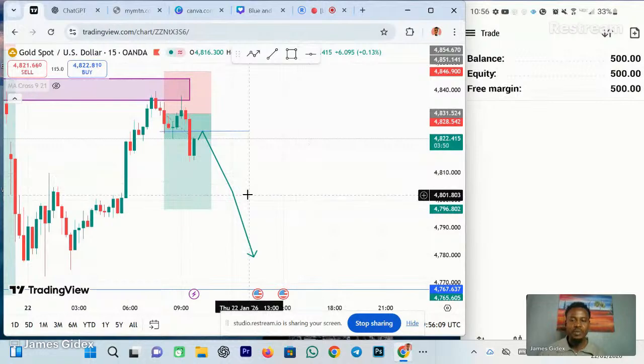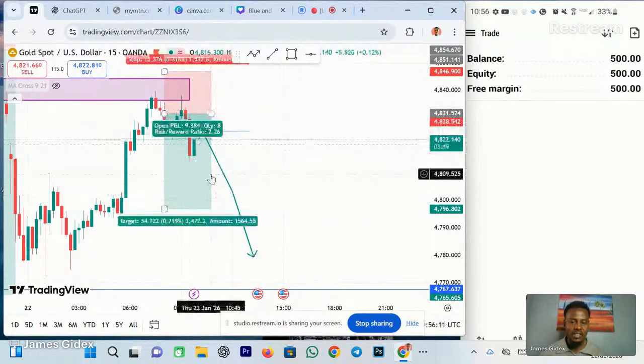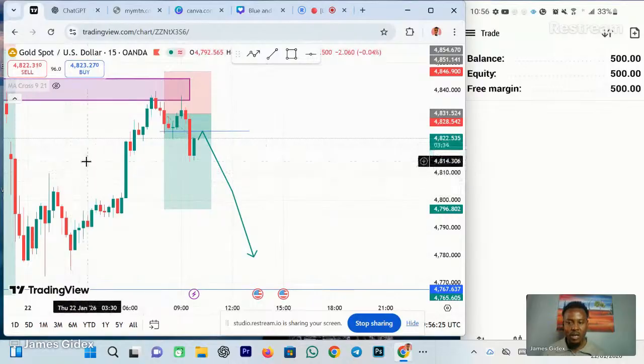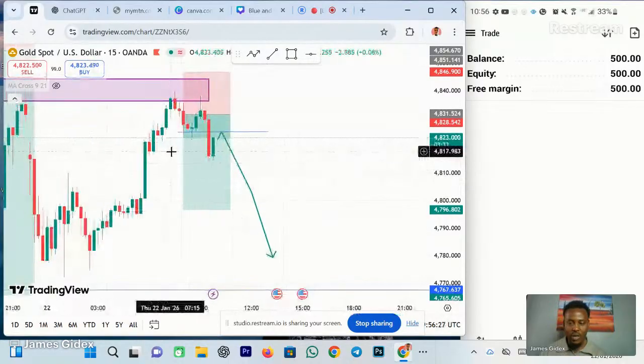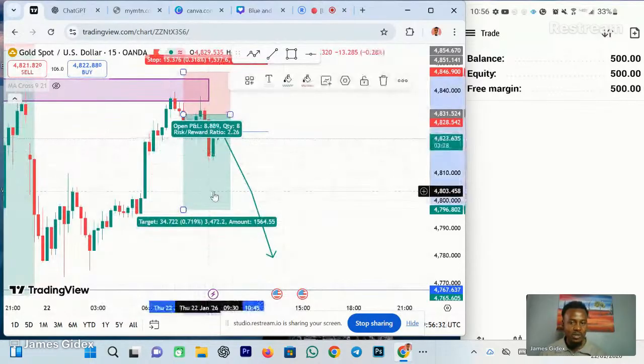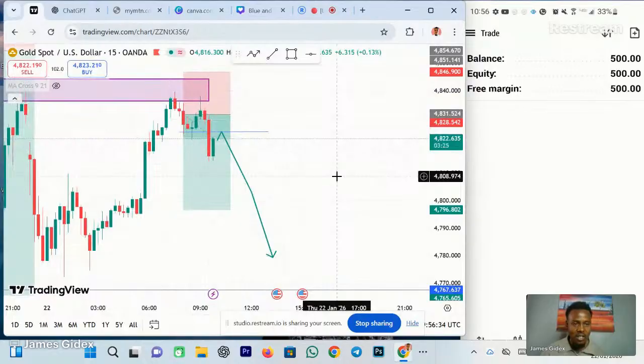As I said earlier, this is a trade I analyzed this morning. Even if I had said I'm going to buy or sell that morning, I would have already broken even right here. Eventually I didn't enter this trade; I only analyzed it. But from now on, we are going to be trading live, and we need to wait for confirmation to see what the market is doing.